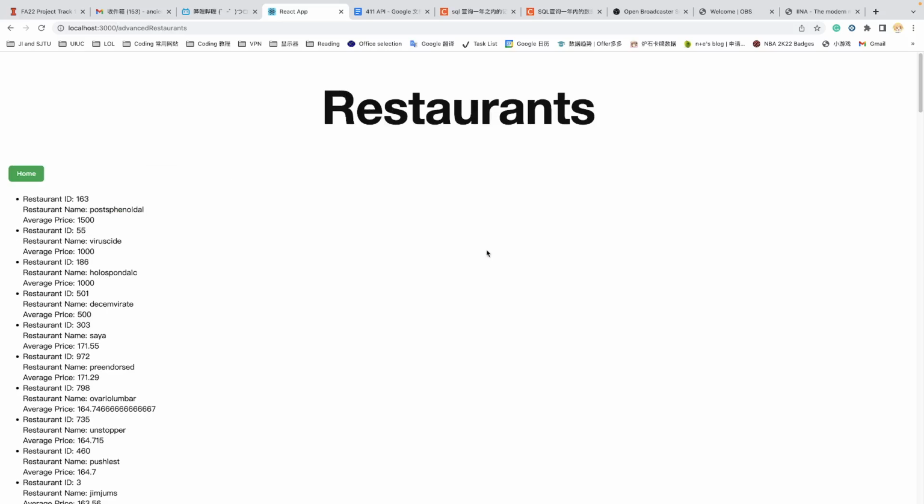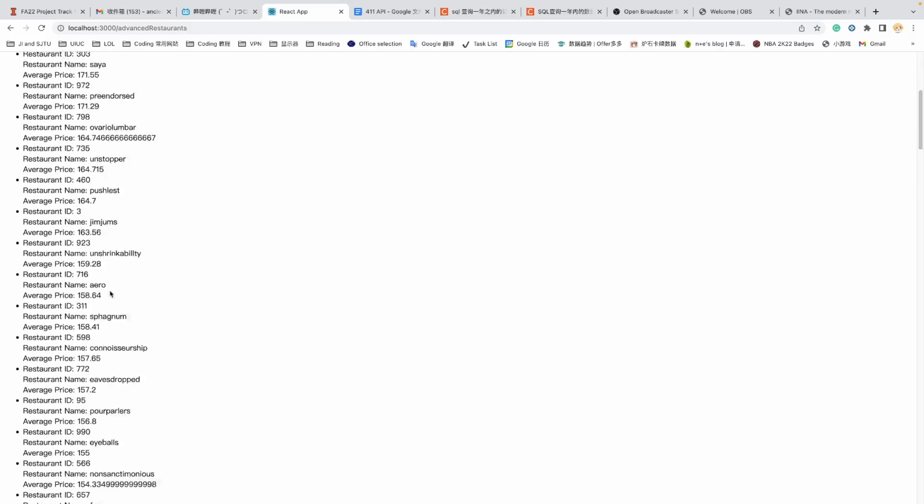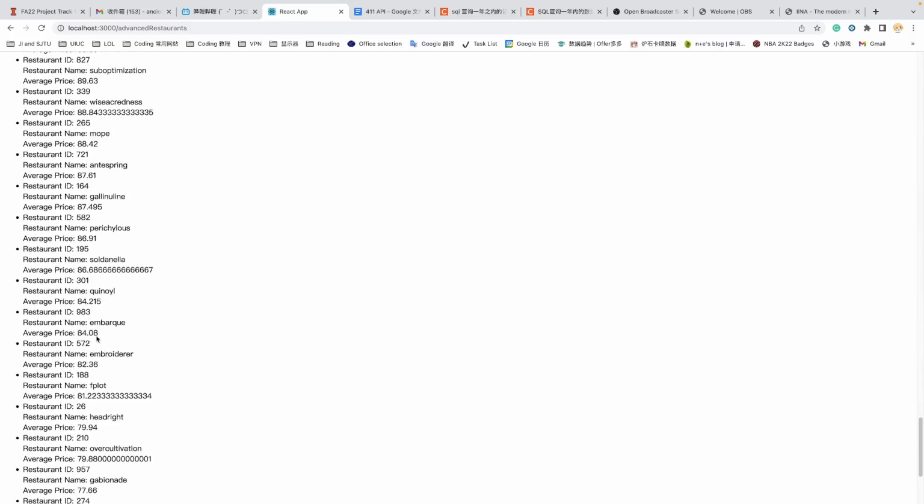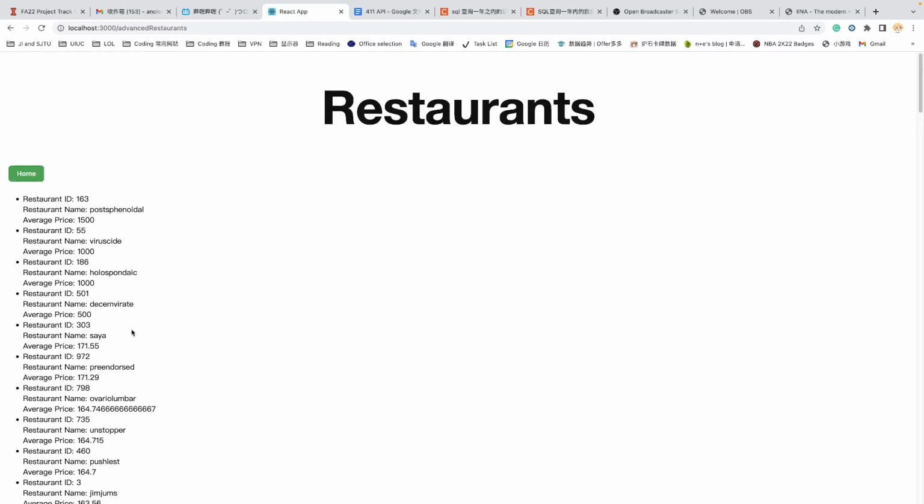Another feature is the advanced query about the restaurants. Now you can search the restaurants and order them by price. Here it shows the average price of each restaurant. You can see that this restaurant has a really high price, about $1,500 for each dish. So here you can also see the top restaurants that have the most expensive dishes